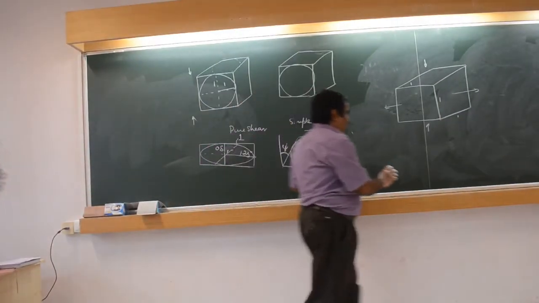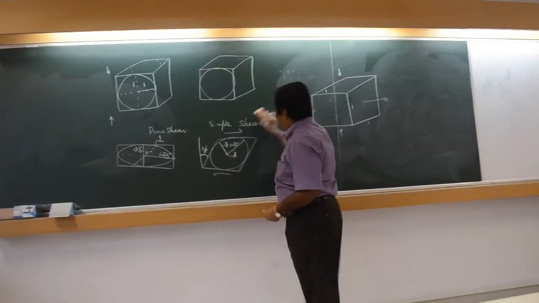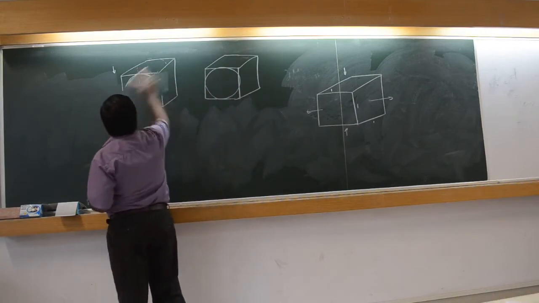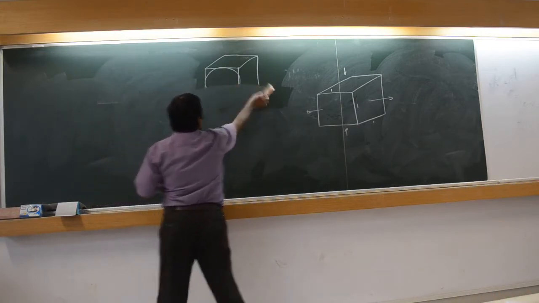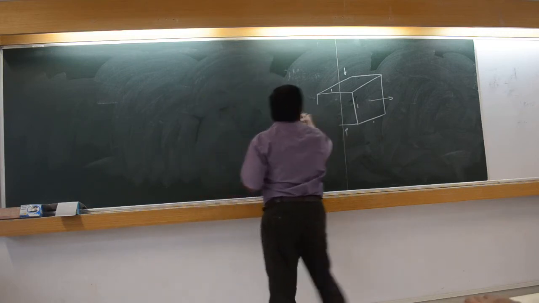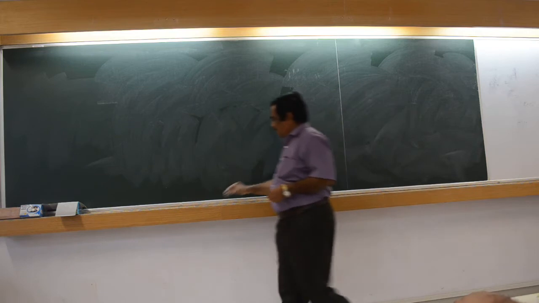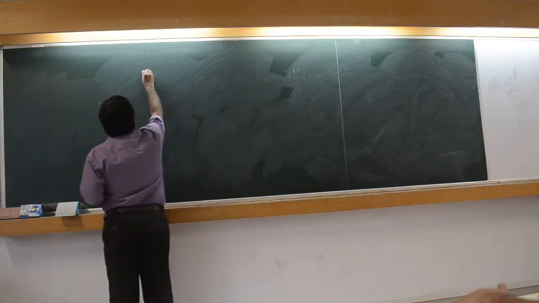Next thing, how much did you understand? So, what we are discussing is where the strain ellipse